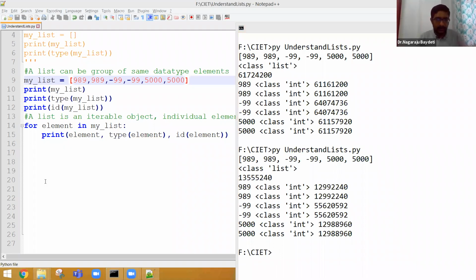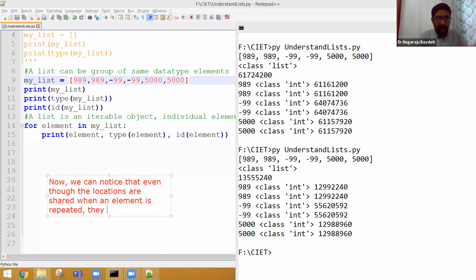Now, we can notice that even though the locations are shared, when an element is repeated, they are not from the cached locations. They are dynamic locations. I believe everybody is now comfortable with what I have explained till now in the list. In case you have any doubt, please let me know.